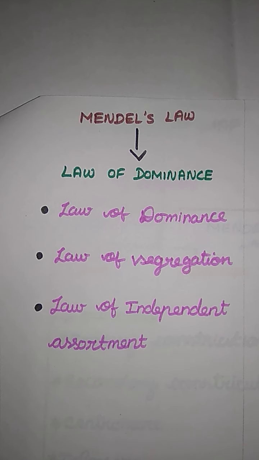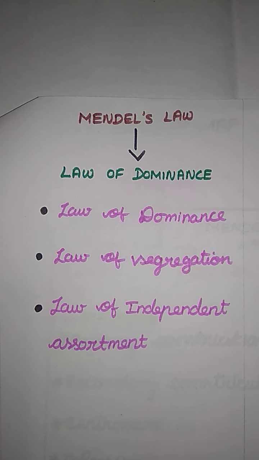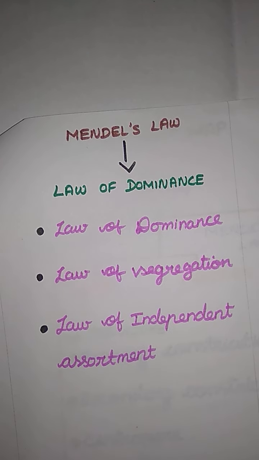And this is the last map in the concept map in heredity, Mendel's law. Here, Gregor Johann Mendel only proved heredity in the plant, that is the carry of information from one generation to another generation, that is the heredity we say. They are the ones who proved it. Based on that they gave 3 laws. First one, law of dominance.